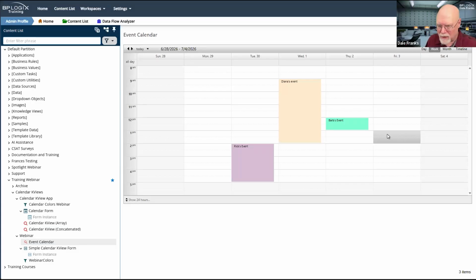Why do I want to set a specific color for a specific event? I've done it based on who submitted it because that's one of the most common ways of doing it. That may not be the way that you want to do it for your system. You may have some other way of setting up colors. So I'll leave that to you to figure out.